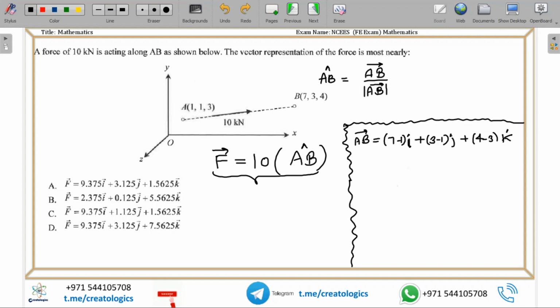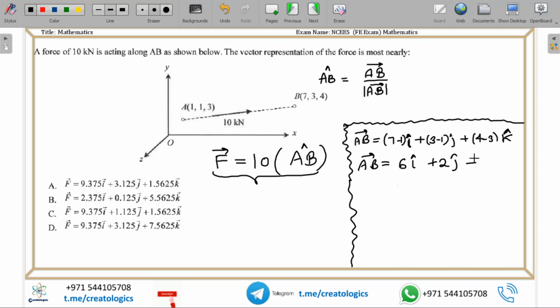So for that direction we use i hat or i cap. Similarly 3 minus 1, position vector of B minus position vector of A we are finding, gives 3 minus 1 here for the j cap, that is direction y, and in the direction of z you have 4 minus 3, the third coordinates subtracted, and that's it. We get the AB vector as here 6i cap plus 2j cap